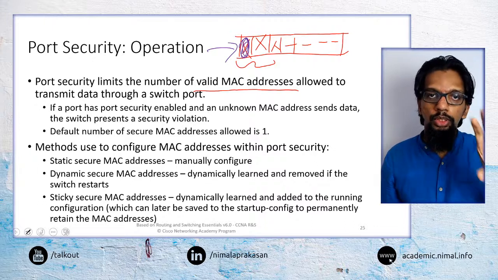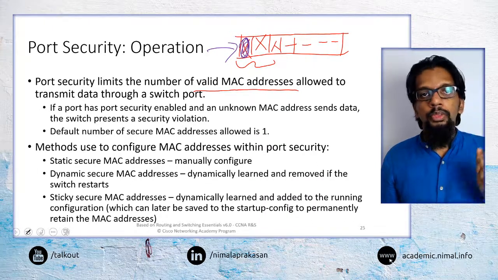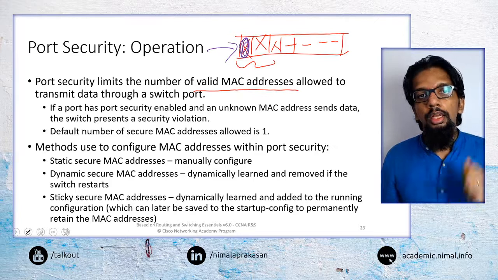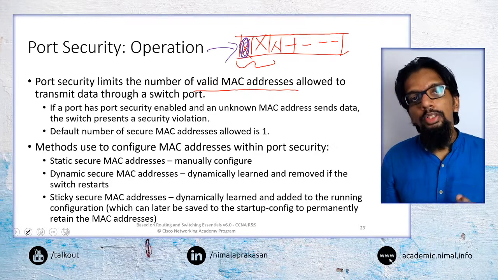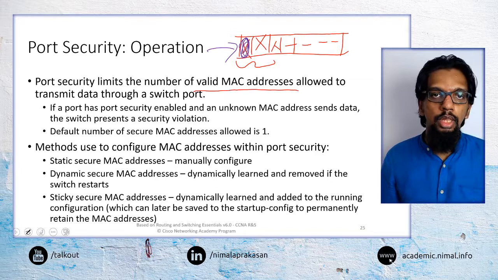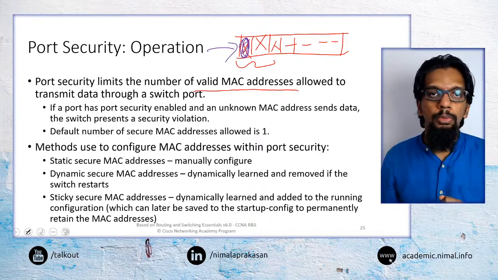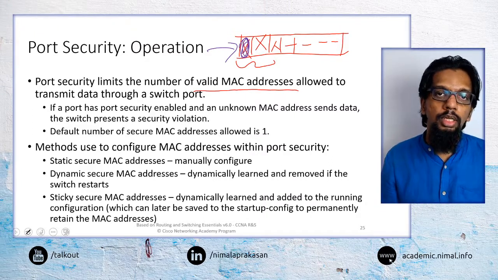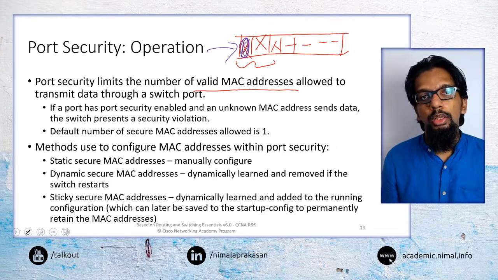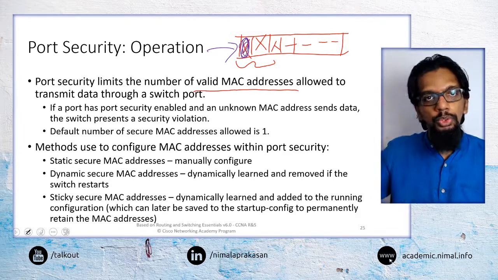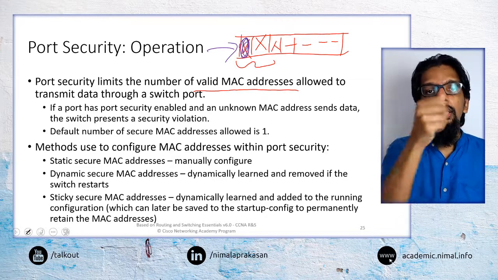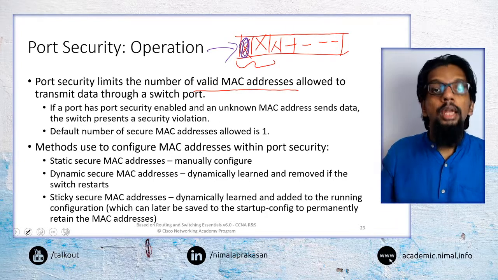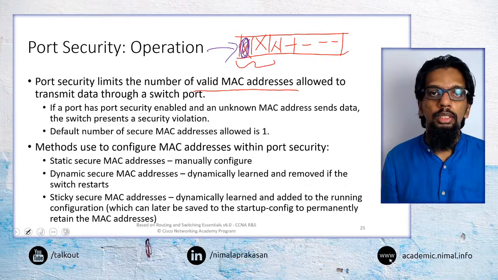So a switch is active, switched on. Now I connect a computer there. Now the MAC address of that computer is associated with that port. If I remove that computer and connect a different computer with a different MAC address, the port will not accept that. It will be rejected because of a port security violation. But if the switch is restarted, now I can connect this other computer and its MAC address will be associated with the port. So that is dynamic association of MAC addresses.